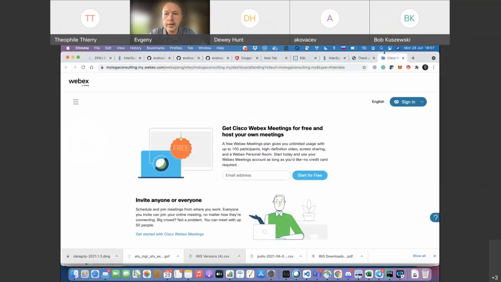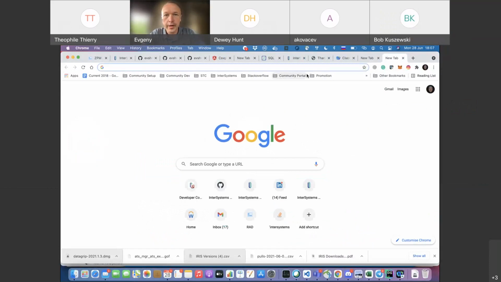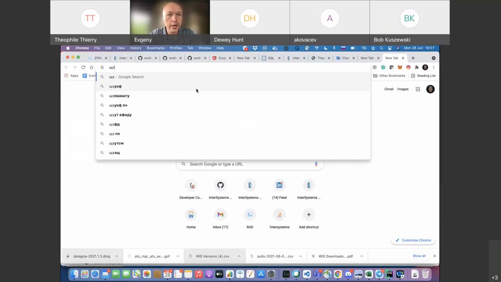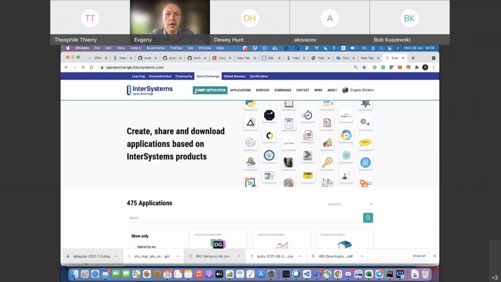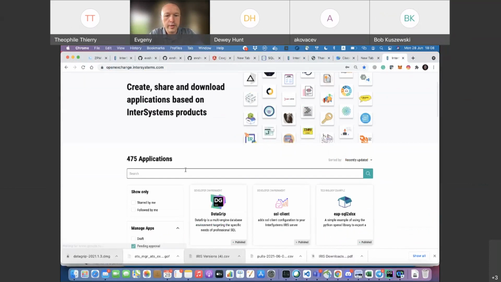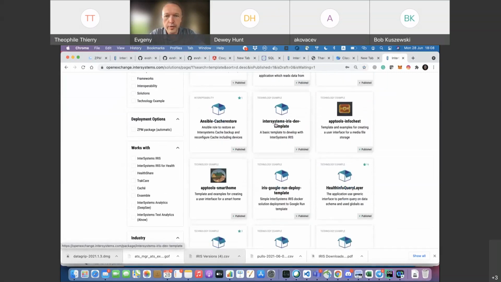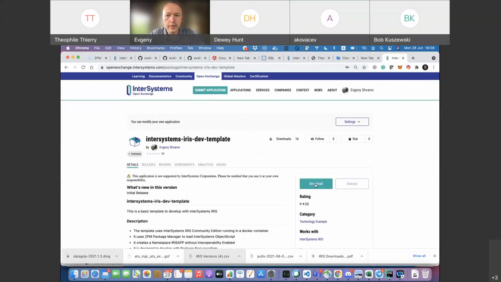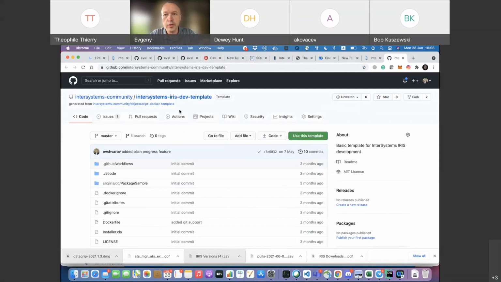Okay, and first of all, you will need InterSystems Iris, and for this you can use any template we prepared for you on the Open Exchange site. So you can just open InterSystems Open Exchange and search for a template, and we will take, for example, the InterSystems Iris dev template, one of the simplest GitHub repositories, which is Dockerized. So you can click on use this template,